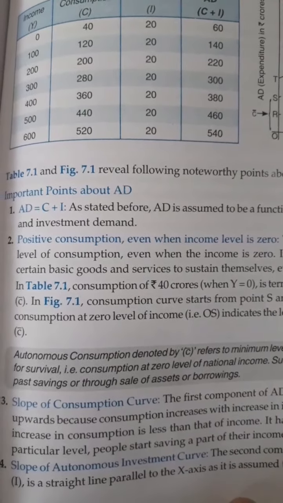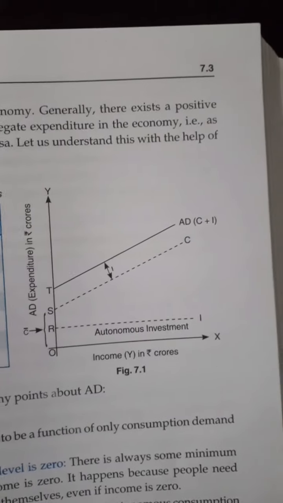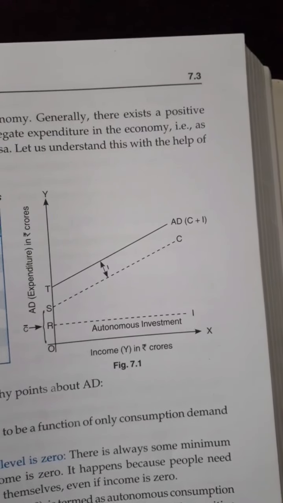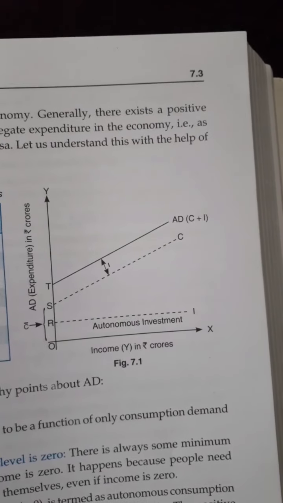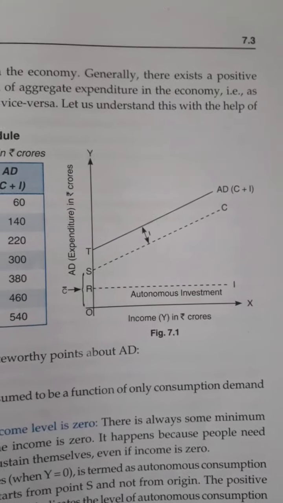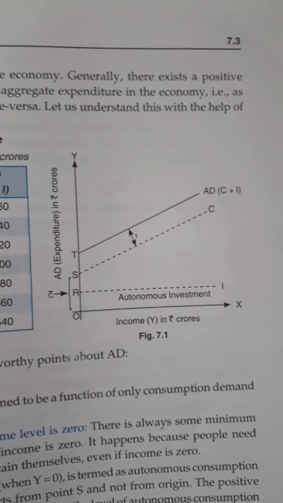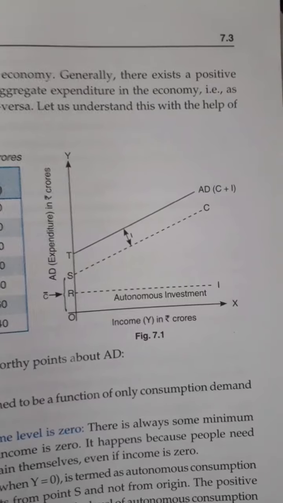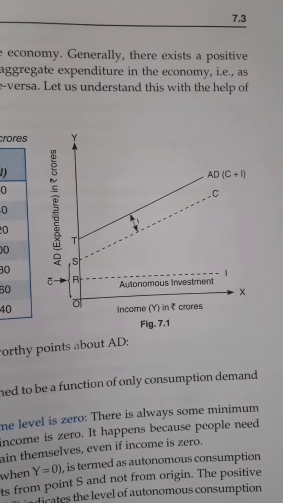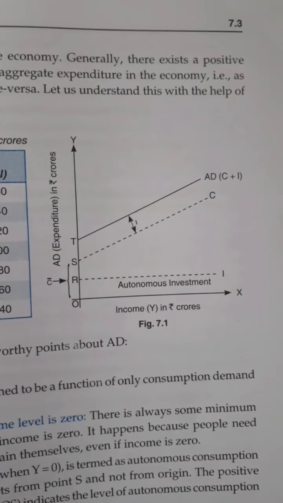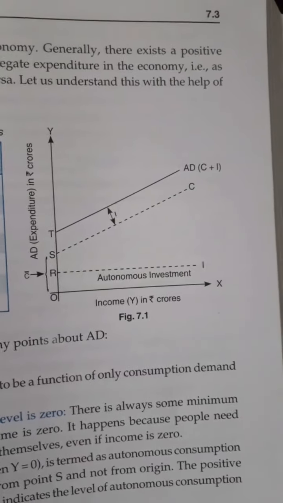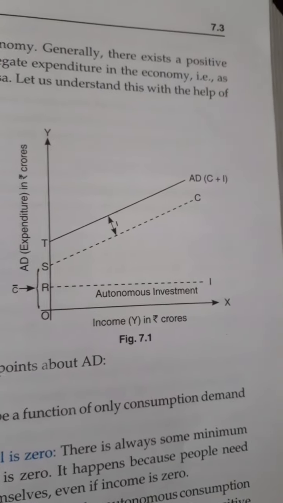And if we see the slope of the autonomous curve, here you can see the autonomous investment, that is I, will always remain constant and parallel to the x-axis. It means even if income is increasing, the investment remains same. Autonomous investment is self-investment. If I give you the example of salary, if the salary increases, the provident fund which is deducted, that is a part of investment, will remain same. So the investment curve is parallel to income, and it always remains constant in the aggregate demand curve in the two-sector model.